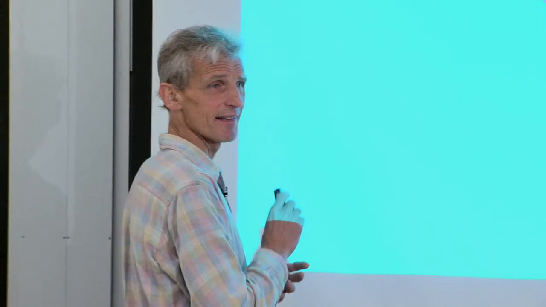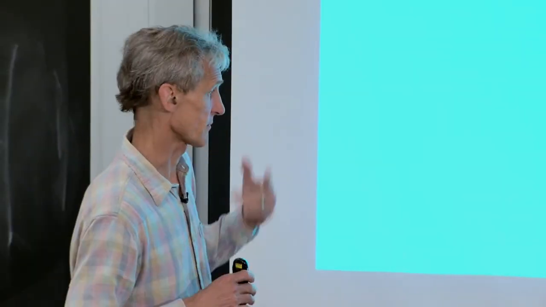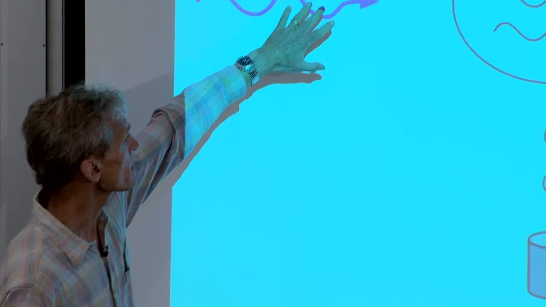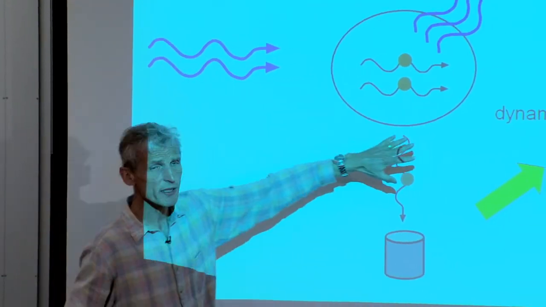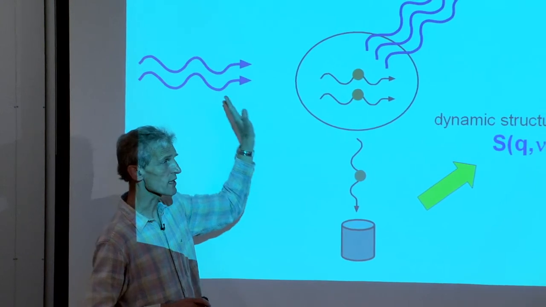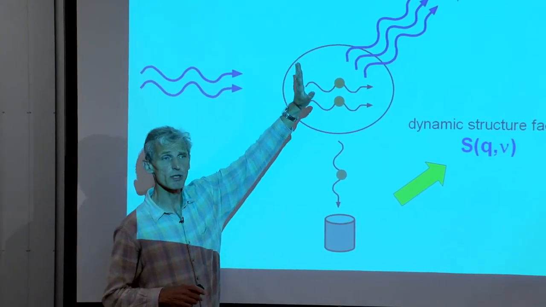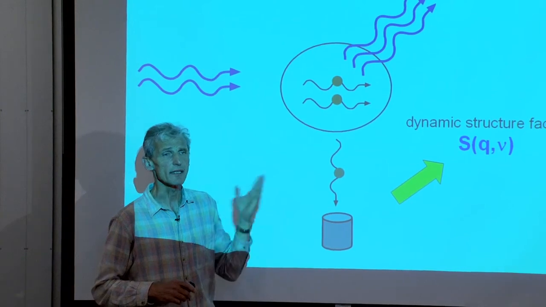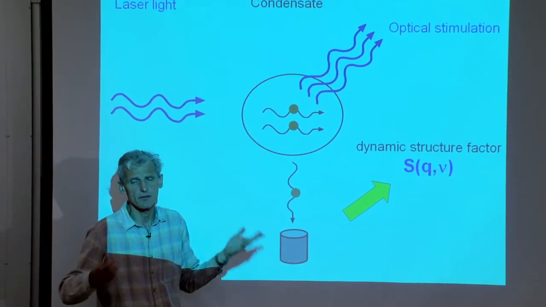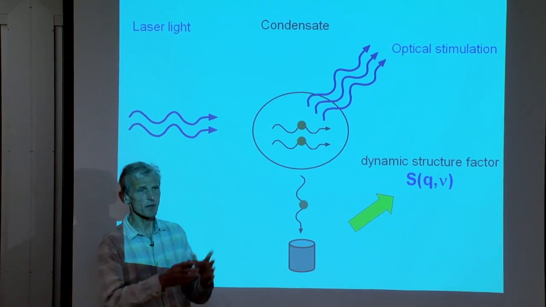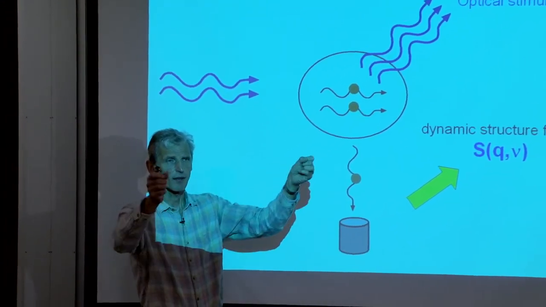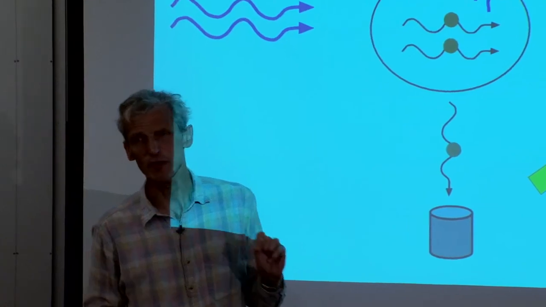Now, there is one nice feature which was introduced by us here at MIT. If you want to measure the dynamic structure factor, often you do it with neutron scattering. You scatter neutrons or X-rays, and they scatter spontaneously at an angle, and you need a detector to detect the scattered particles. But in our case, because the gas is so dilute, the distance between atoms is on the order of the optical wavelengths. We don't want neutrons, we don't want X-rays, we want photons, because the wavelength of photons is perfectly matched to the momentum transfer and such that we need for our system.